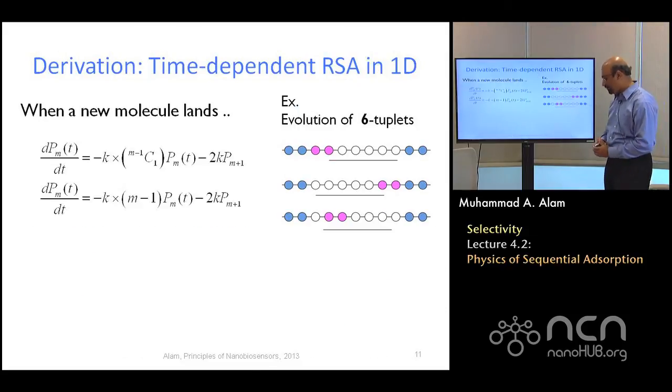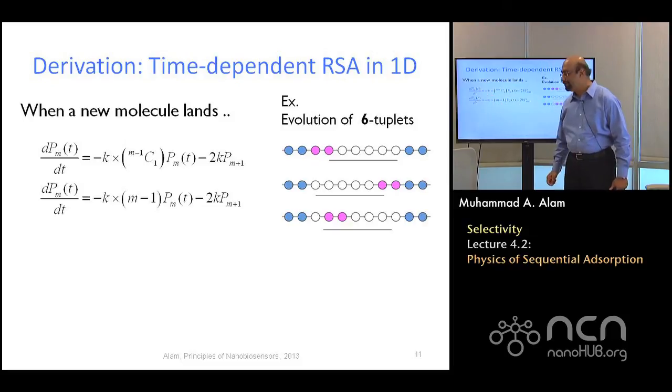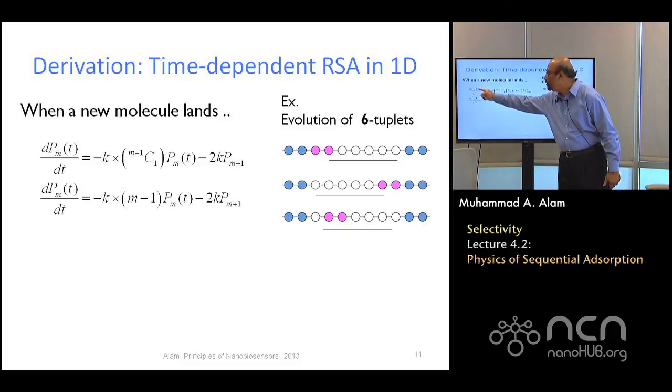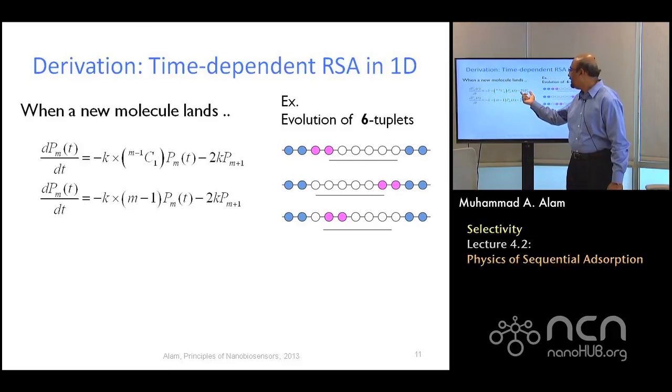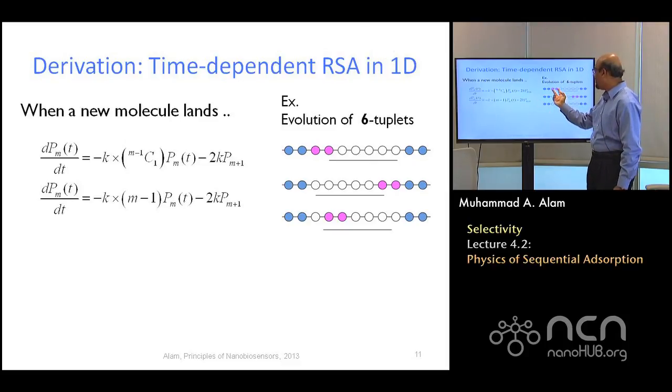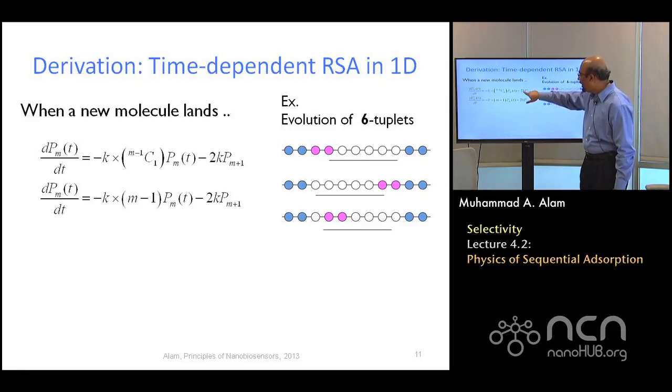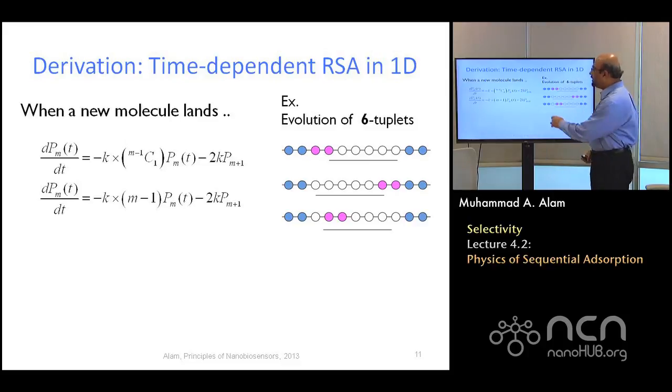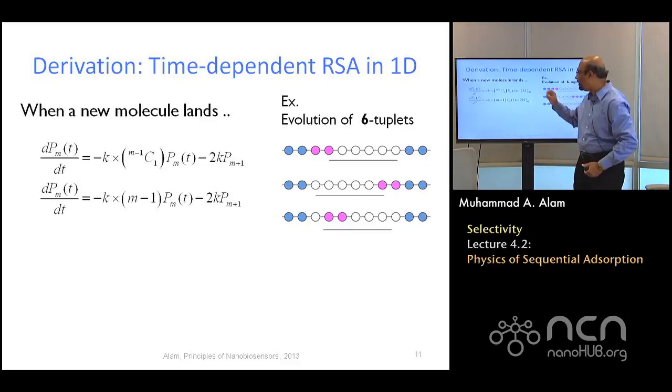So let's do the counting. Assume M is 6. So I'm trying to count the probability that a 6-tuplet will be destroyed. This is equal to the probability that a 7-tuplet is destroyed. And the factor of 2 says that I have the 7-tuplet on the two sides, the first and second set. Here, 2, here is one probability, and here is one probability. So this is one way the 6-tuplet can be destroyed: a 7-tuplet is destroyed by a pair. So that explains the second term.